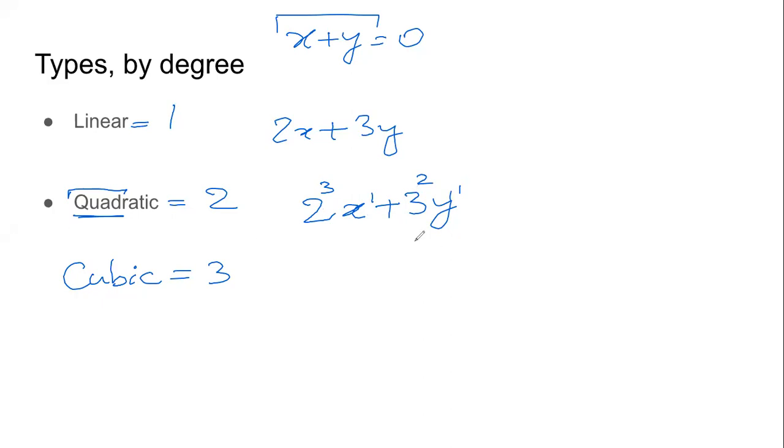Now, if we have something like x square plus y, what is this? Is it linear, quadratic, or cubic? Correct, it is quadratic because power of the first term is 2, power of the second term is 1, highest power is 2. It is a quadratic polynomial. Let us see if you can still give me another correct answer. What about the last one? x cube plus x square plus y cube. Is it linear, quadratic, or cubic?